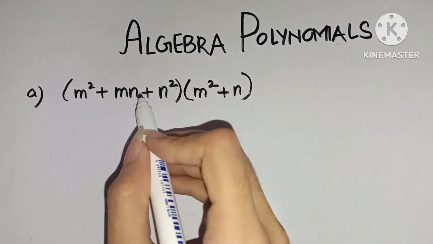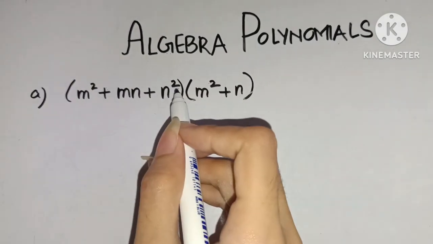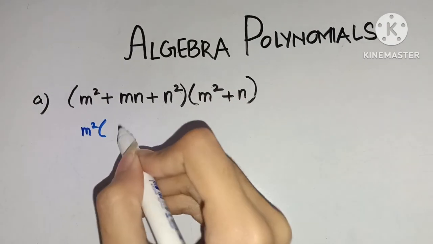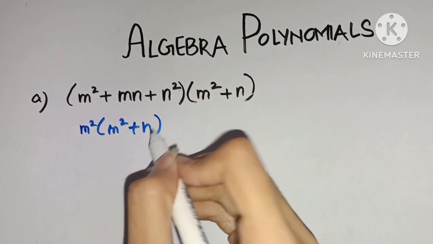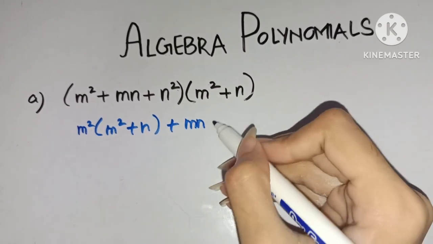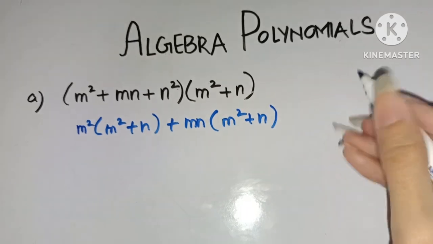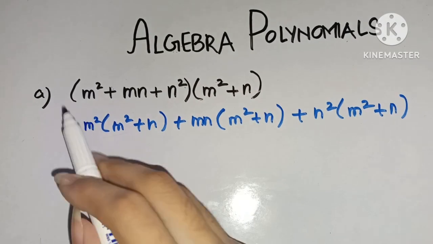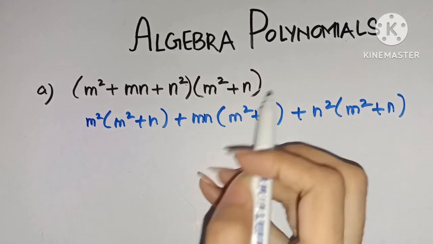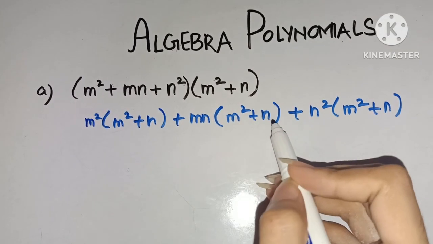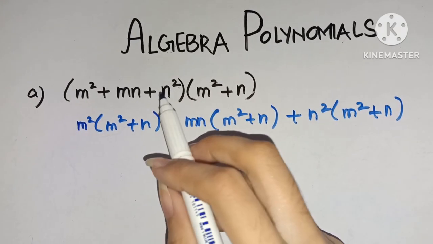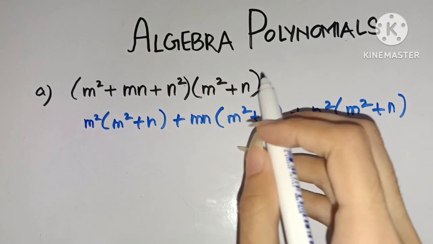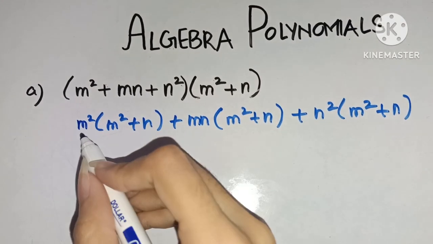So first of all, each and every term of this first expression will be multiplied with the whole second expression. So m square will be multiplied with m square plus n, and mn multiplied with m square plus n. N square will be multiplied with m square plus n. So each and every term, as you can see, m square is multiplied with this whole expression, then mn is multiplied with the m square plus n expression, and n square is multiplied with this second whole expression. Okay. So we will multiply